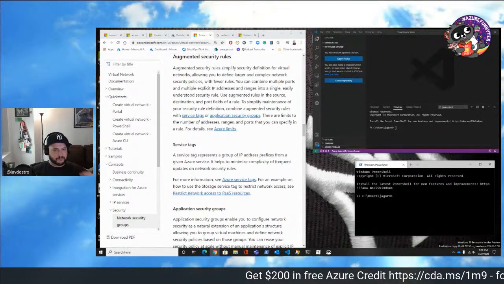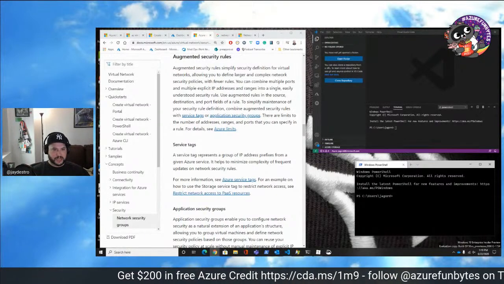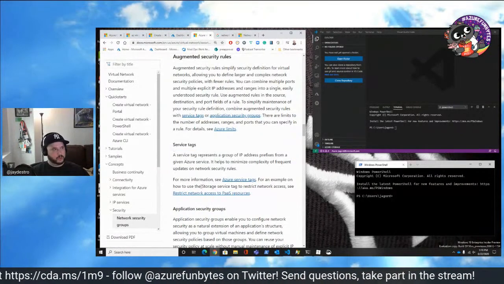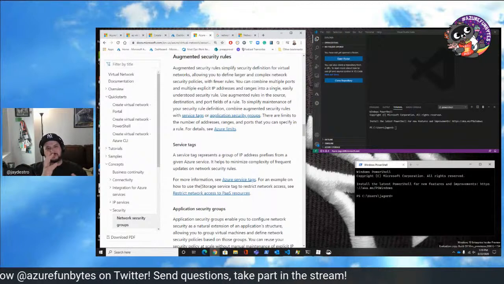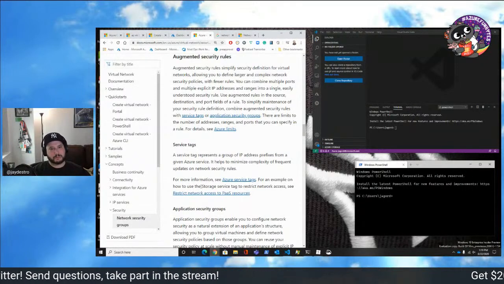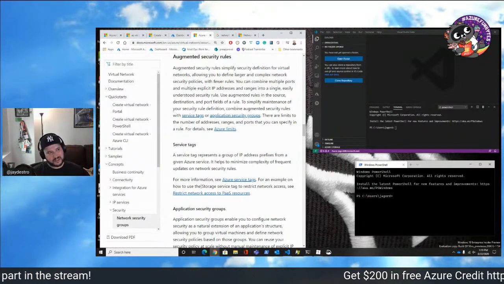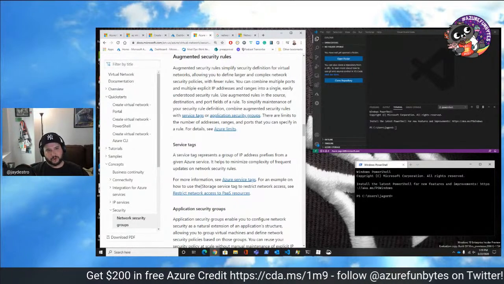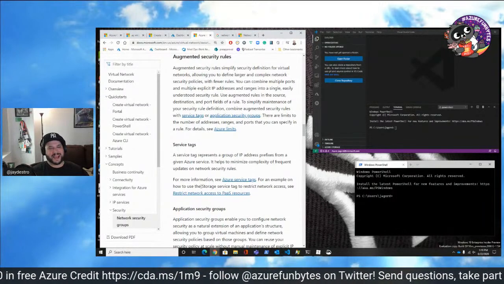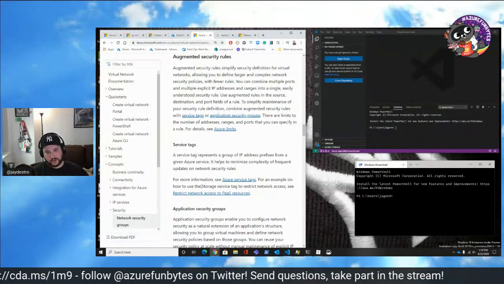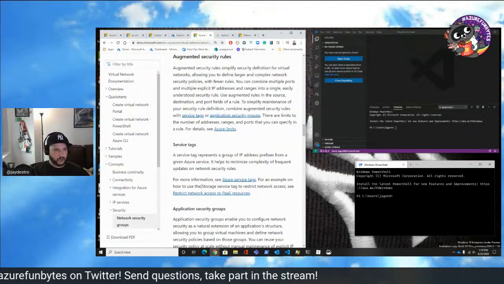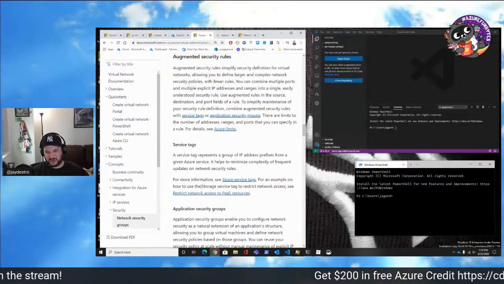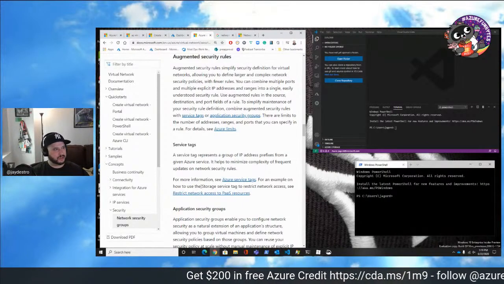Metadata tags are a little different than the service tags. A service tag represents a group of IPs. Metadata tags are really useful for giving some additional information, and you can use those metadata tags to do other things. So if you wanted to scan a metadata tag for the environment, and then run a serverless function to do something to all those machines that have that particular metadata tag, you could do that. It's really helpful for automation.